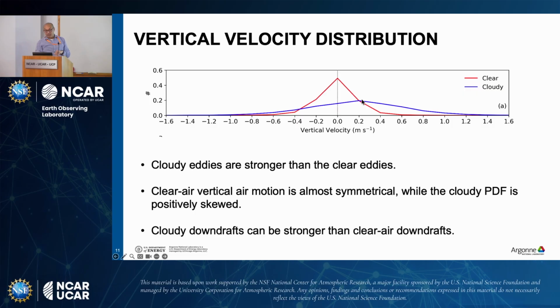The cloudy eddies are positively buoyant, so they have a mean of about 0.3 or 0.4 meters per second. There are buoyant plumes going up, which is pretty nice. Cloud eddies also have a positive skewness. You can see about more than one here. You actually don't see less than one in this case. So that's a positively skewed distribution.